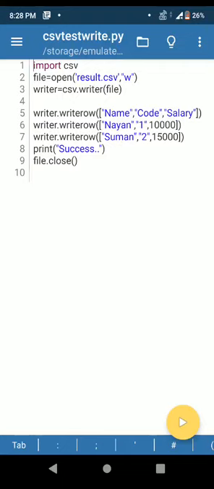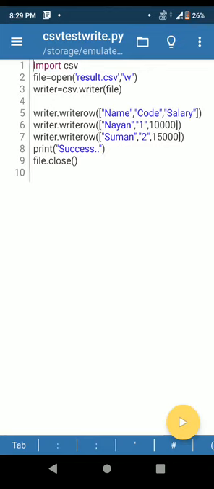Then in the second line, line number 6, I have saved first record, name 9, code 1 and salary 10,000, and in line number 7 I have stored another record. Then in the line number 8 I have printed success. Then this file object is closed.